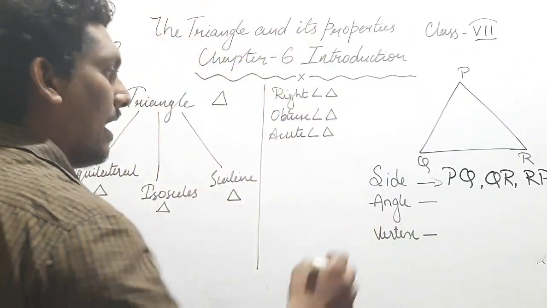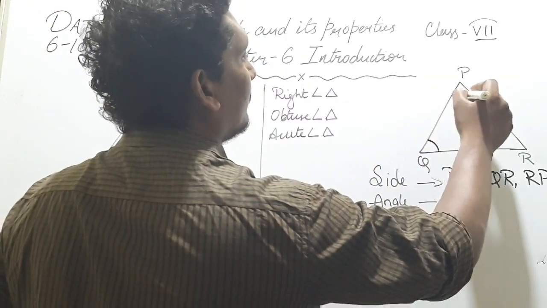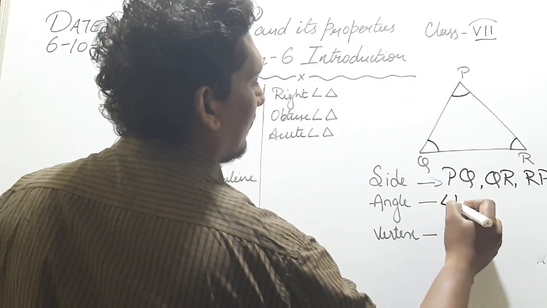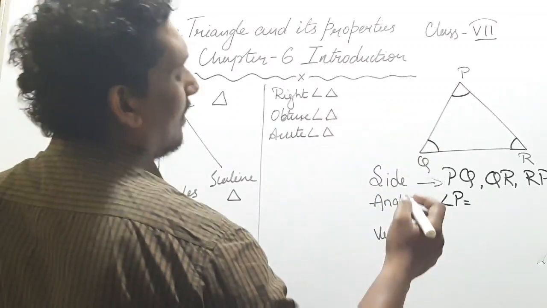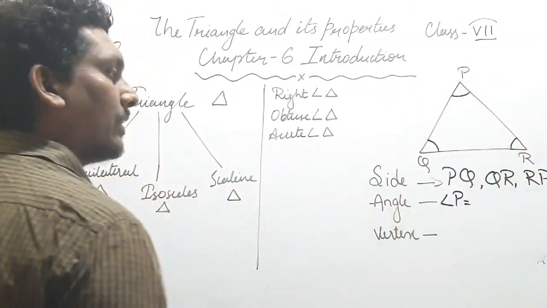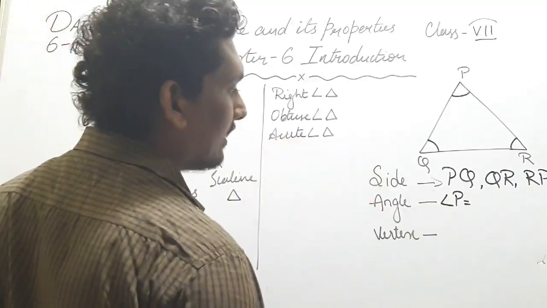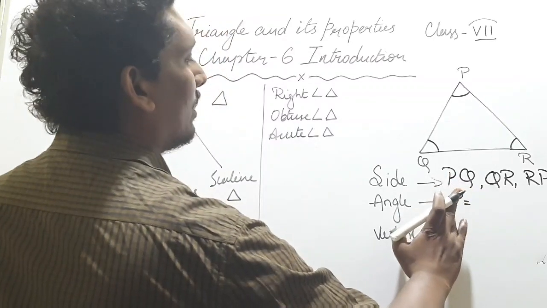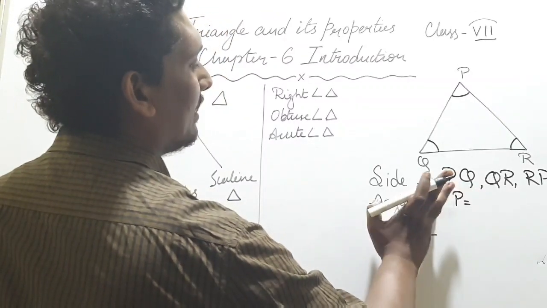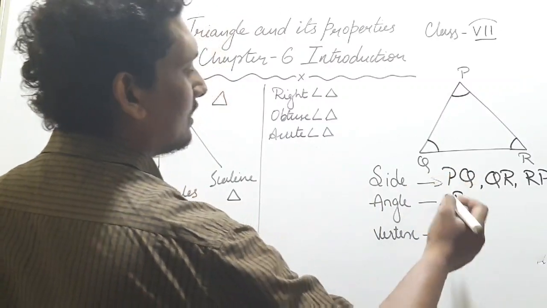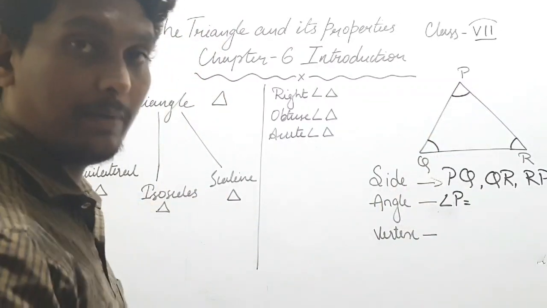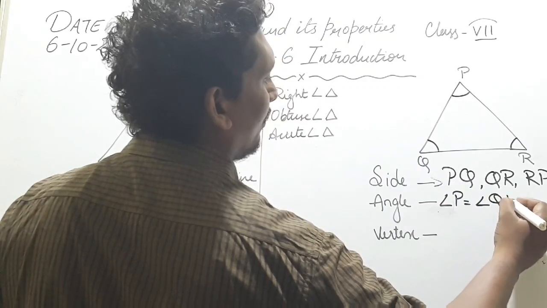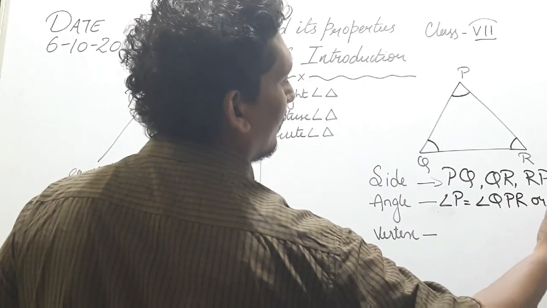So now come to the angle. So we are having three angles: angle P, angle Q, angle R. While writing the angles, one thing you just keep in your mind: whatever may be the angle, that letter should come in the middle, right? So this is the symbol of angle. We are talking about angle P. So angle P, we can write it as angle QPR,